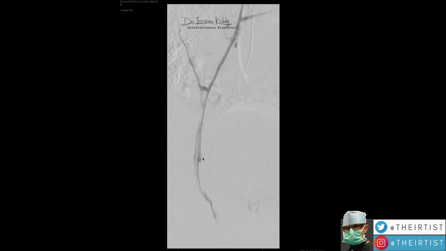I'm going to show you the technique that we've done here. It is based on glue, which has the advantage of sealing off everything, the main vein as well as the collateral veins. And the other advantage is it doesn't leave anything behind. There is no coil, nothing left behind. And you can see actually where the glue distributes into the vein, as opposed to sclerotherapy, where you may not see where the sclerosing agent is because it's invisible